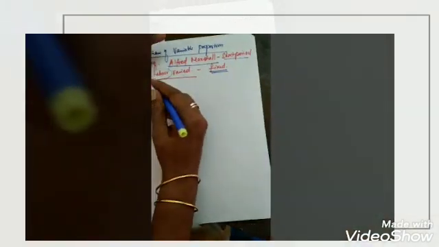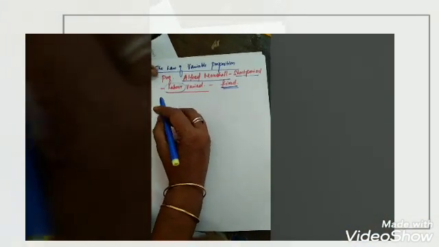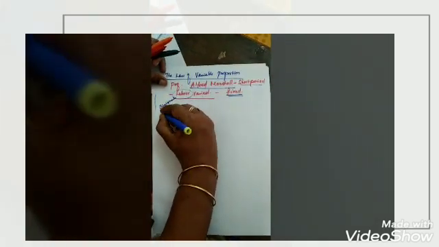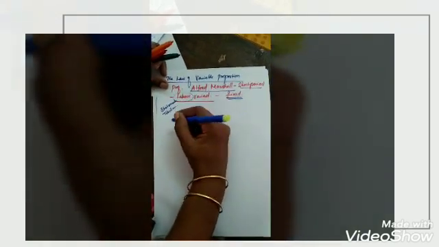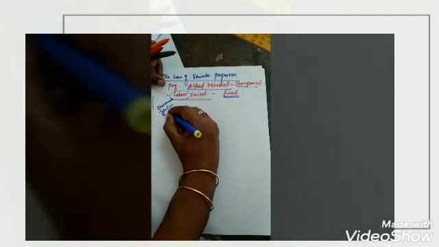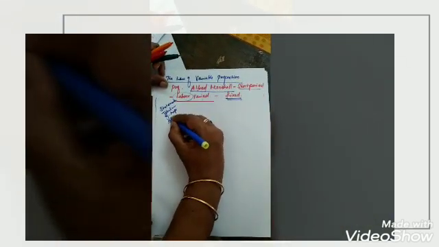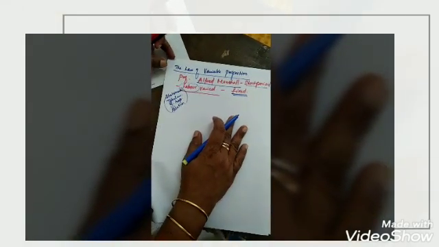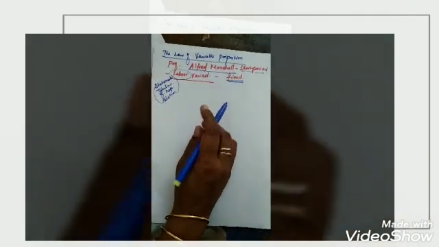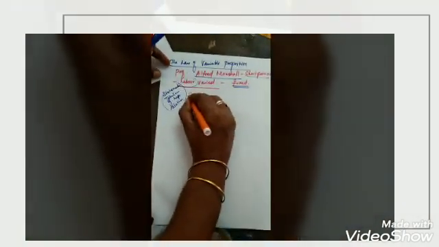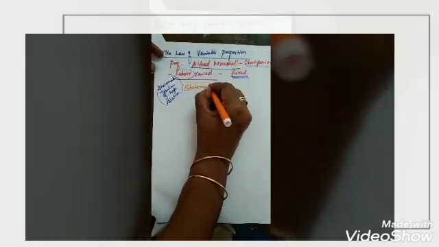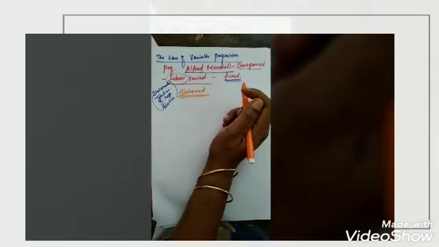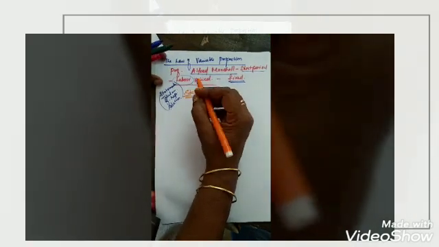Is it clear? So first of all, before we go to a law, which are the things we have to write? First one is the statement of the law we have to write. Second one is the tabular statement we have to make. Then the next one is the graphical representation we have to make. Last one is the relationship. Once you do all these things only, we will fulfill the law. Okay, come to the statement of the law. What is the statement?